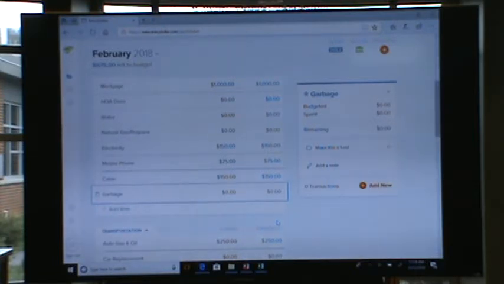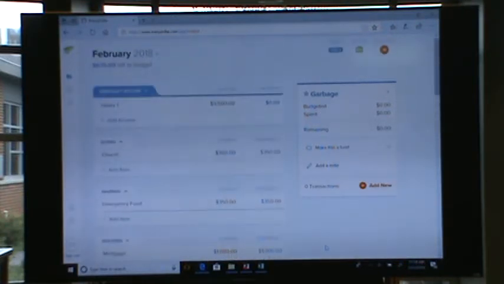On your phone, what you see is actually very, very similar to what you see here. The main difference being that this window is basically just a separate screen. So after you've figured out your budget, using this as a tracking tool is just as simple.